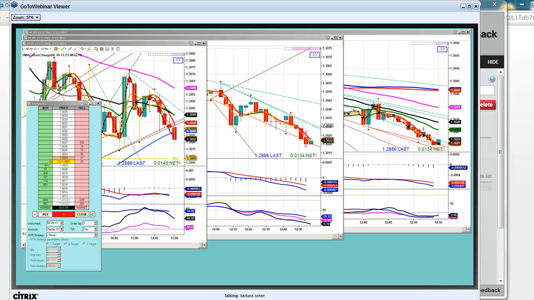So look, it almost gave us 3 ticks. It didn't quite give us 3 ticks yet. Now we're at 1 tick, and most of us would still be sitting there wondering, is it going to come down some more? Should I get out? Shouldn't I get out? What's going to happen? Now watch what happens in just a little bit.